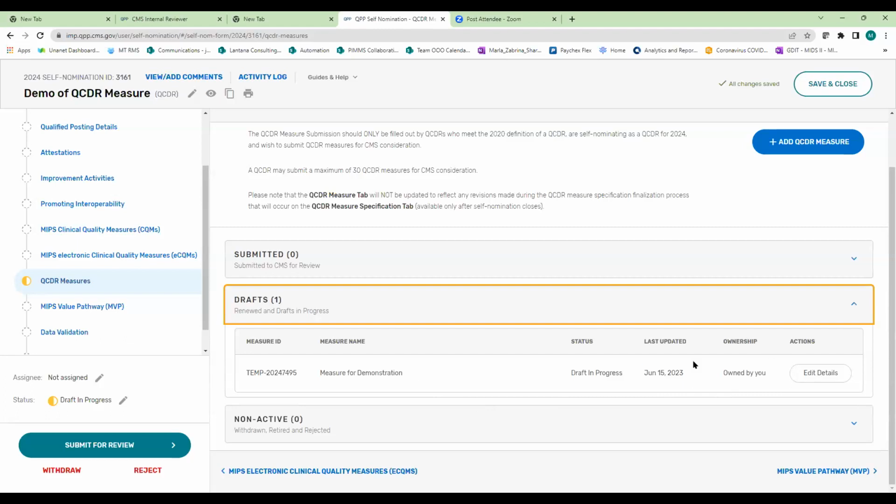So let's look at this measure that I have initiated as an owned measure. That's a new measure. As a new measure, you will see this temp ID. This stands for temporary ID, and it has 2024, of course, for the year, and then just an assigned number. This will be the measure ID until after it's determined whether or not this measure is approved to move forward in the program. So once we edit our details,